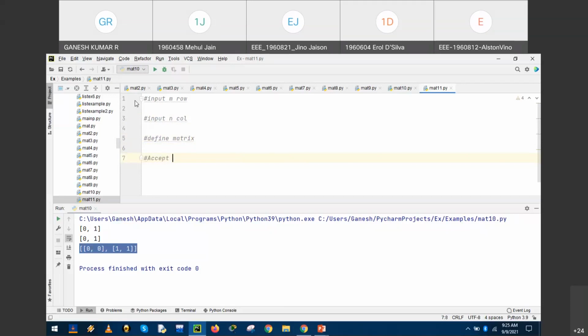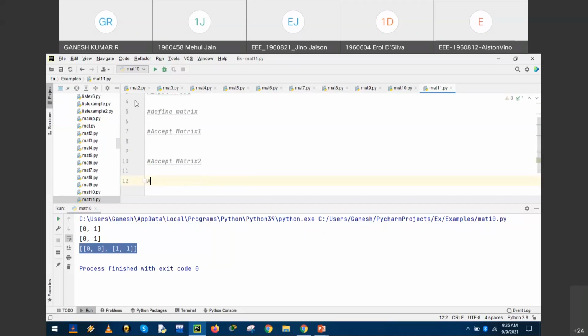So accept matrix 1, the first matrix, because to perform the addition, we must have two matrices, right, of same size, right? So accept matrix 2, the second matrix. Okay.